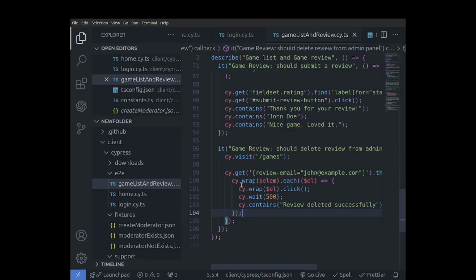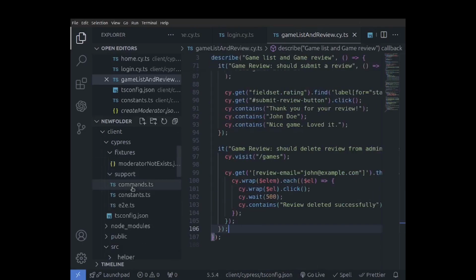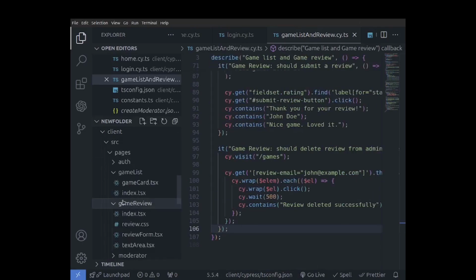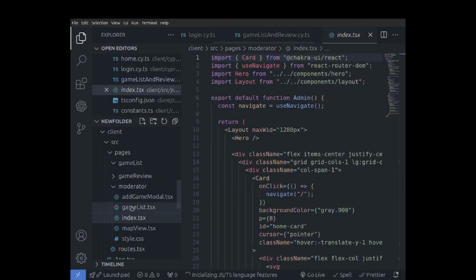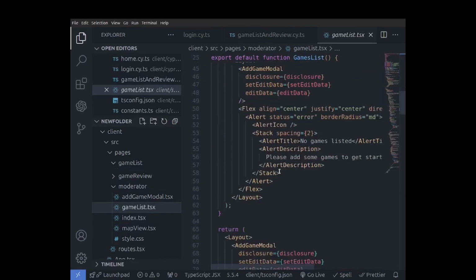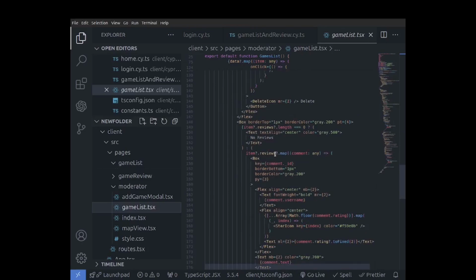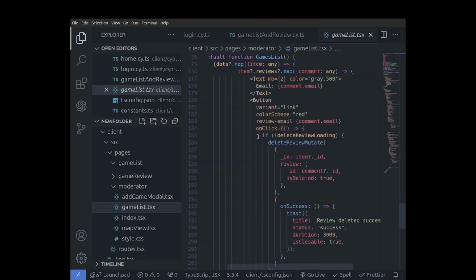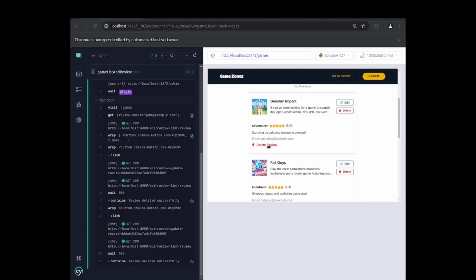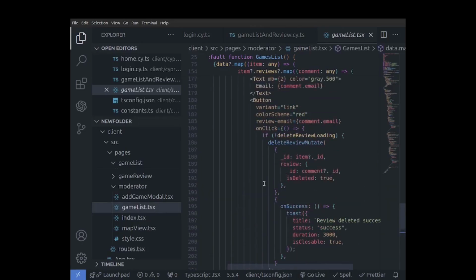So if I go to code, as you can see, we are actually getting the review by a data attribute. If I go to my client folder in the game review, I think in the moderator page, and in the game list file, you will see where we actually rendered our game review. So here you can see we are rendering reviews. For rendering a review, we have a button in the UI which is delete review. If I go to the delete review button, which is this one,